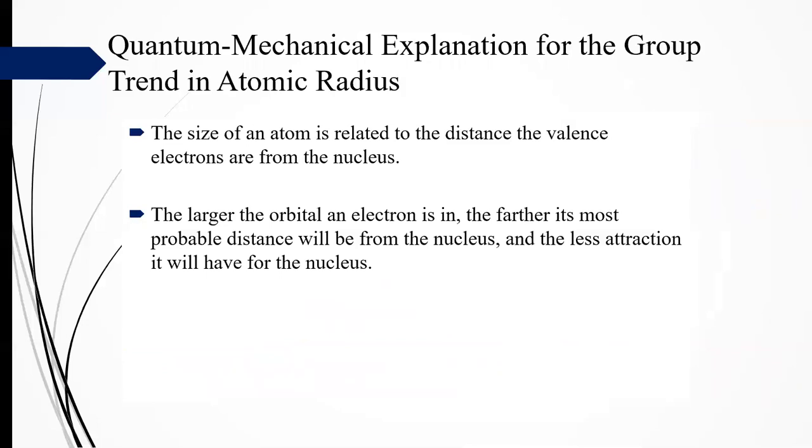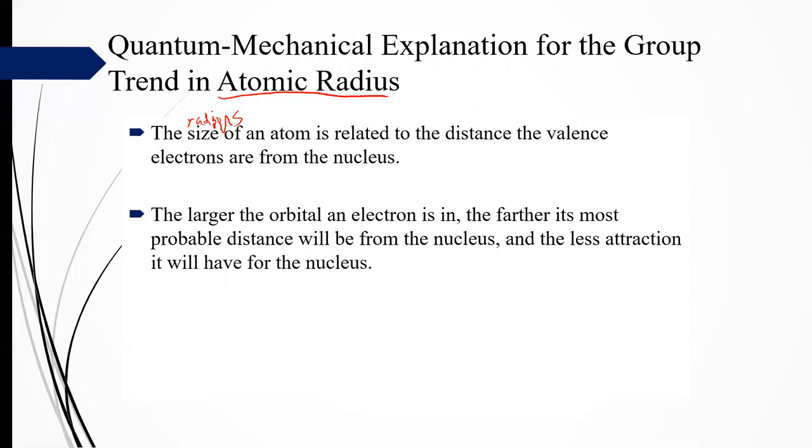So the first trend that we're going to try to explain with our quantum mechanics is going to be our atomic radius. Our radius, I have a tendency to use size, but we're really talking about radius, is related to the distance that the valence electrons are from the nucleus. Our valence electrons are in the farthest orbital because they are in the highest n value. So the larger the orbital an electron is in, the farther it is from the nucleus, and the less attraction